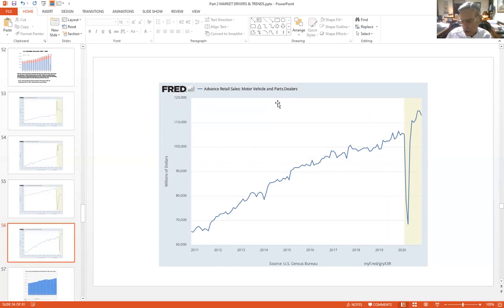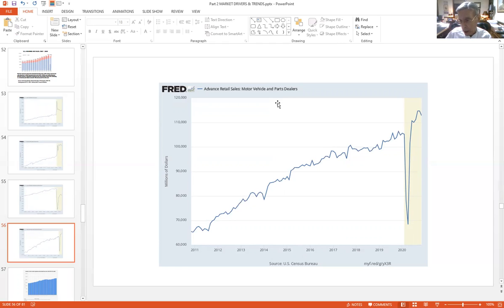Here we have trends in auto sales, and boy, auto sales really took a dive as well, didn't they? However, now they've picked up again. So the auto industry and people's purchases of autos indeed are right back to normal, if not higher. Why would that be? Well, among other things, they're not getting on buses or taking taxis or trains into the city to commute to